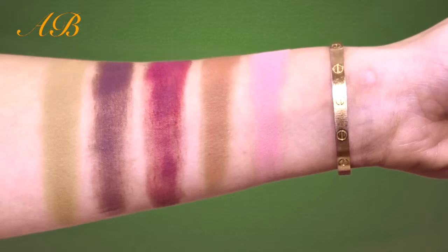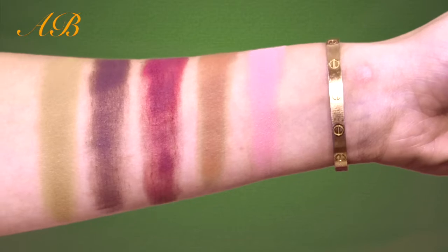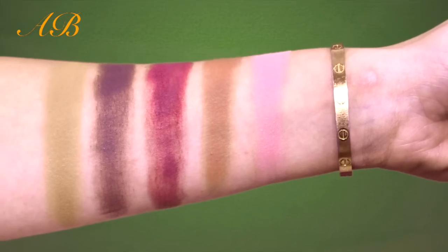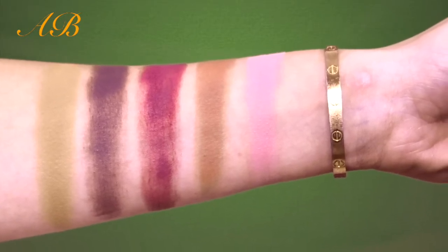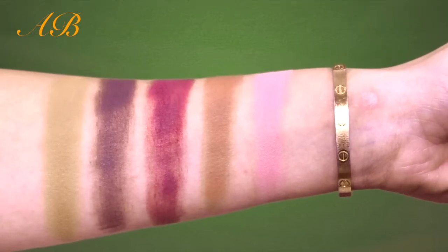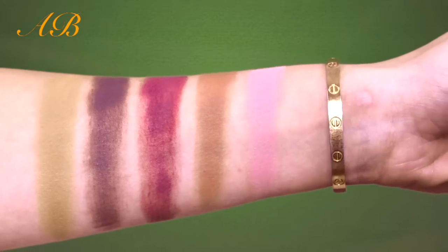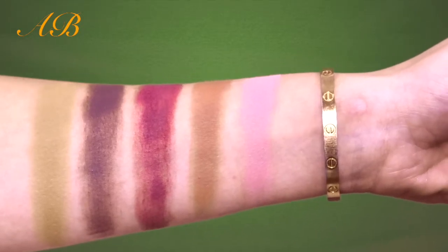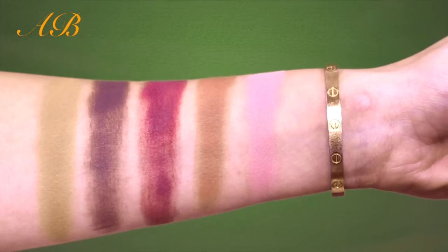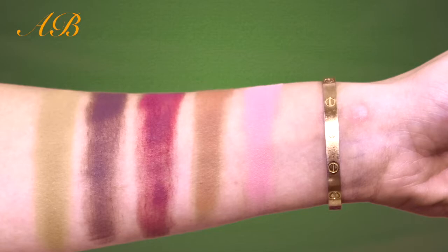Okay guys, so the last and final row is still within the warm family. First shade is called Lotus. This is a rosy, light mauve shade. Then we have Amhara, which is probably my favorite shade out of the entire palette. It is a very light medium brown, but it has those nice rich terracotta undertones in it. I love this shade. Next one is called Masai, which is a vibrant deep purple shade, and it swatched here is not the best,